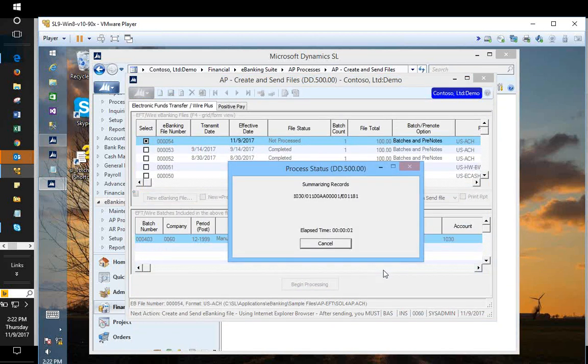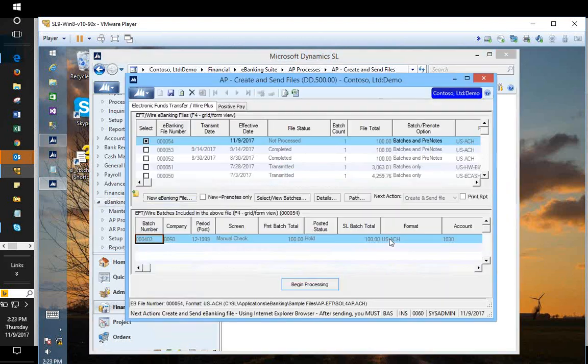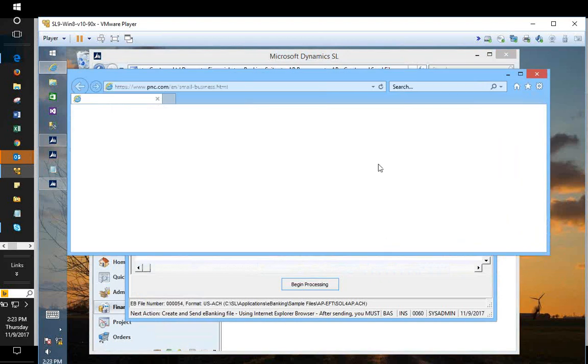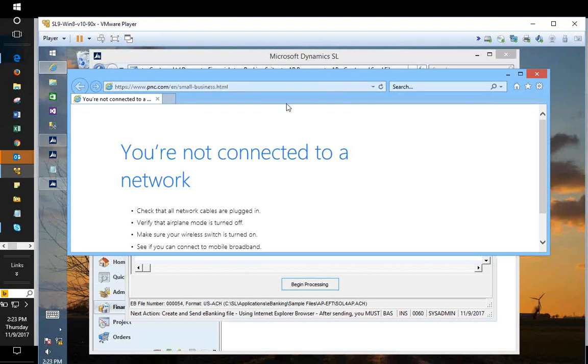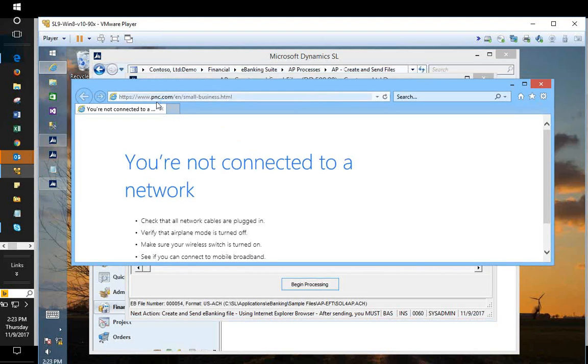So that you can see how easy that is. Once you get that filter piece done, what we've done is now we're creating the file and sending it off to the bank. In this case, I think here we go. So it just needed to prime the pump. It was trying to go to PNC Bank, and we would manually log into the website,